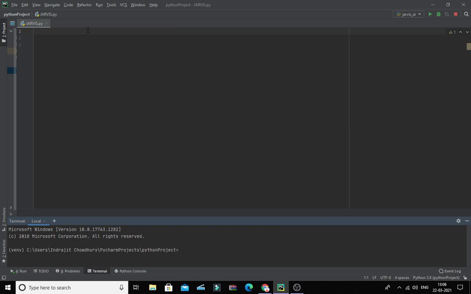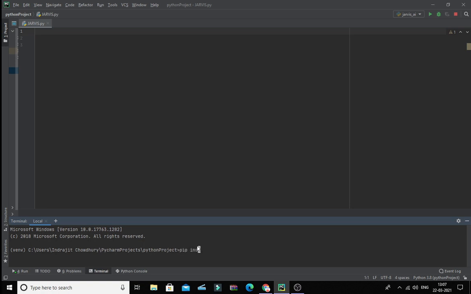For this project, we need a package known as pyttsx3. To install that package, first I am going to type in the console pip install pyttsx3, and hit the enter key.